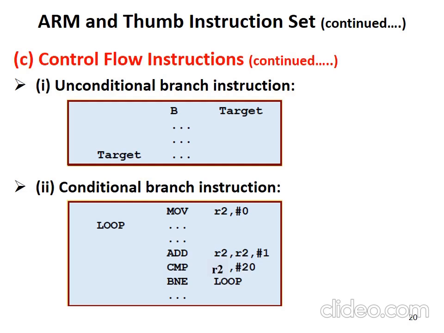In a conditional branch instruction, if the condition holds, the loop will be executed. Like here we have CMP R1, R2, #20. So you know what a compare instruction is? It compares R2 with that immediate value. So if the result is not 0, the loop will be continued. If it is 0, it starts executing from the next instruction after BNE. BNE is your conditional branch instruction, branch not equal to loop.